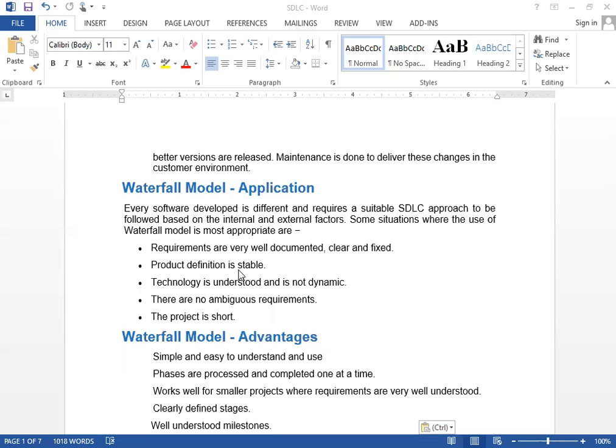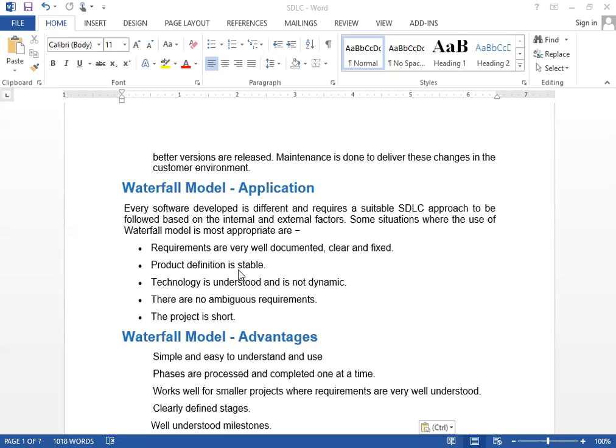All the phases are relevant and depend on each other. The project must also be short and simple. So if all these cases match our software, then we can go with the waterfall model.